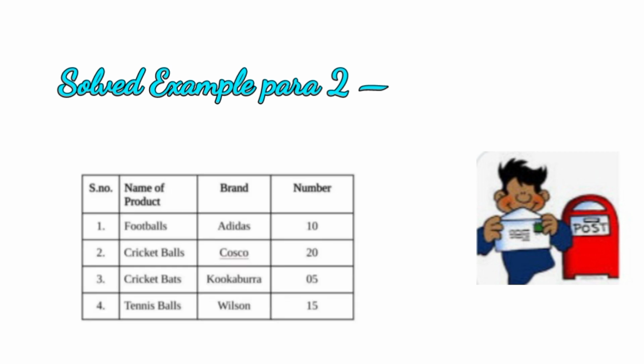Now you're looking at the most important part of your letter. That is the order in a table form. Please make sure that you put the serial number, name of the product, brand if that is applicable. If it's an order of books, you can put in the publication, and then you must mention how many of